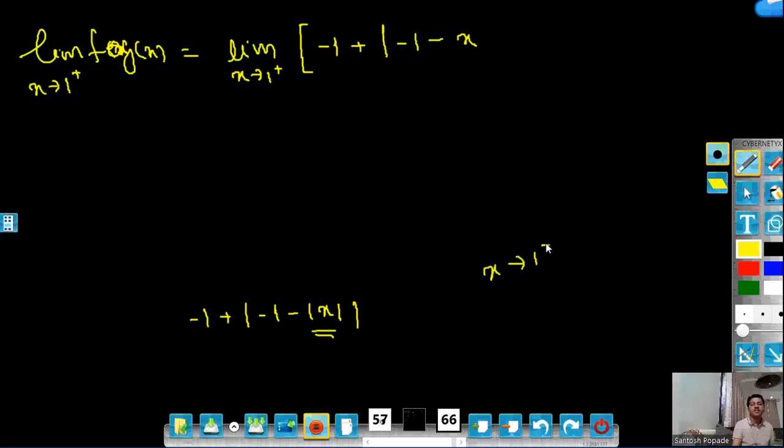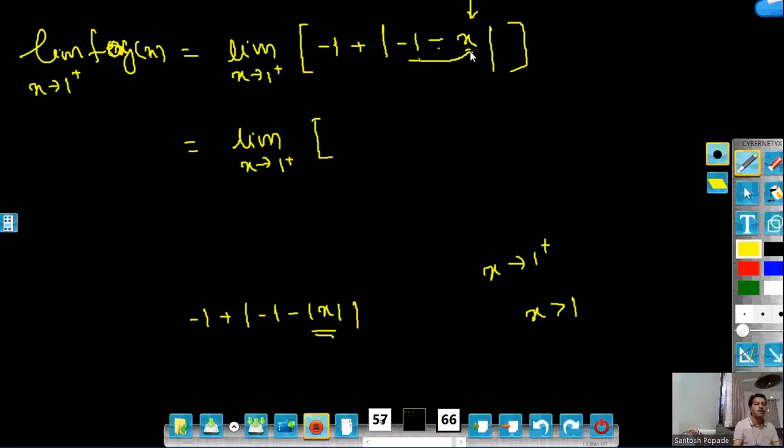Okay, so minus 1 plus... the x is tending towards 1 from the positive side, which means surely it is greater than 1 and it is a positive quantity. Note that x is positive. So minus 1 minus mod x is now x, because x is positive, so I can write mod x to be x. Since x is going to 1 from the right side, mod x is definitely positive, so it will be this one. Okay, so now note x is greater than 1, so it is positive.